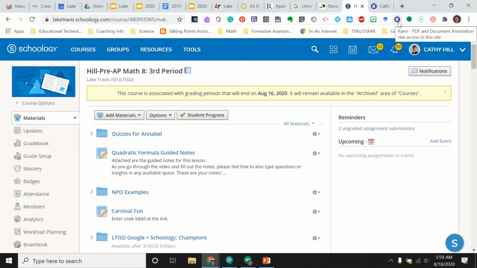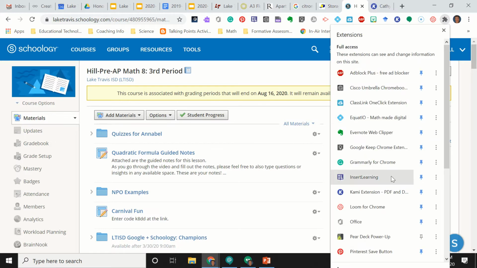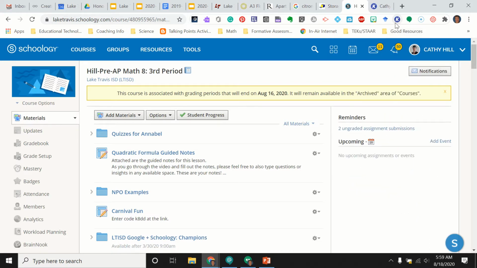I want to be sure that you know to open a Chrome browser and to open it with your LT account. It should be there if you do that, or perhaps it's over here. If you look at the extensions, the little puzzle piece, it may be down here somewhere, and you may have to pin it to be able to make it show up all the time, but you will want to use this fall. It's a really nice PDF and document annotation tool, as you can see there,